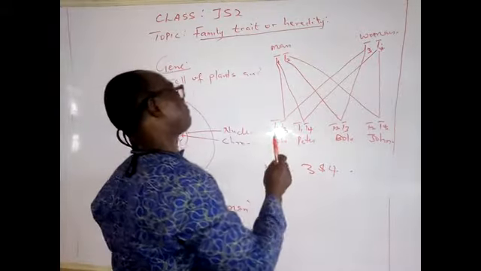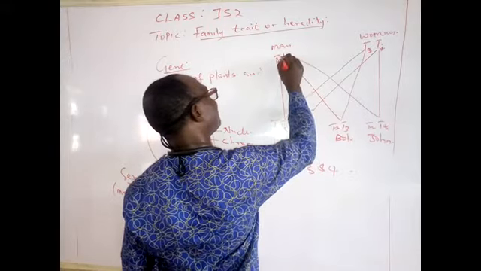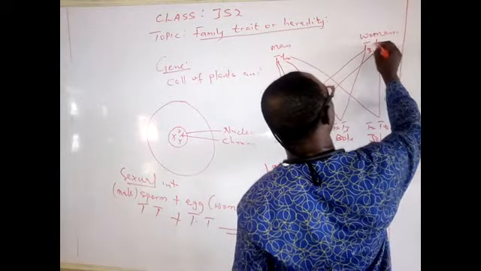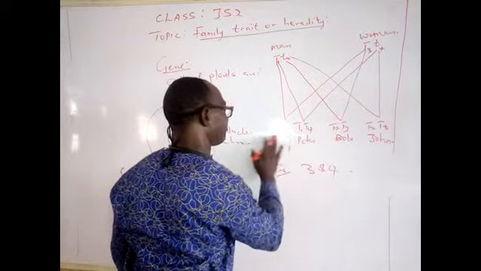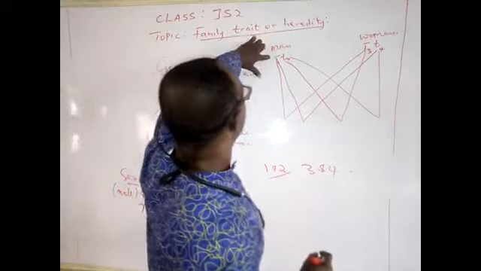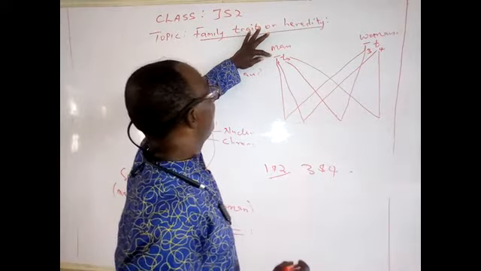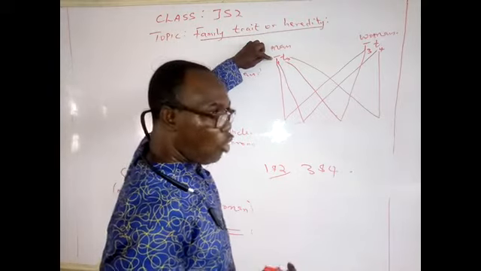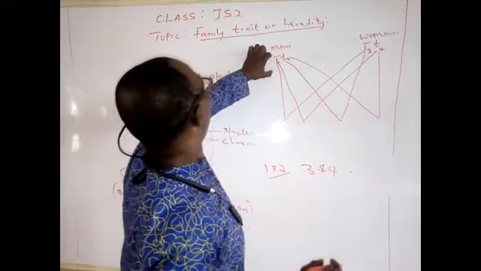Now let's assume that the father has this, and the mother equally has this. I will explain what this means. So let's explain and see what we are going to have. T1 is the gene that codes for height. T1 is for tallness, while T2 is for shortness. In heredity,